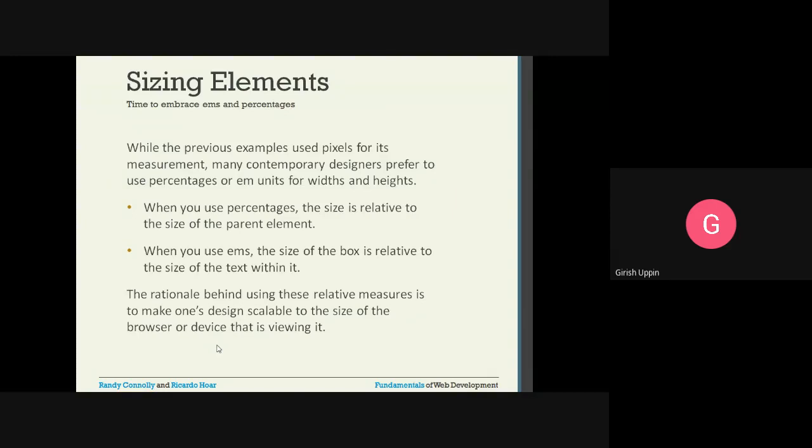Whenever you are accessing the particular application, the output screen, whatever you are displaying your web application on, that size would be different. So according to that size, we can really scale the application.